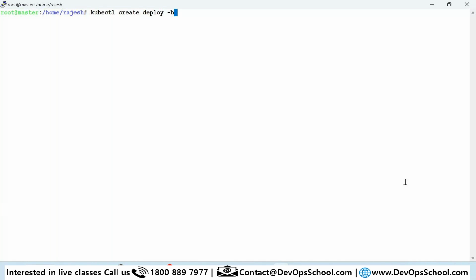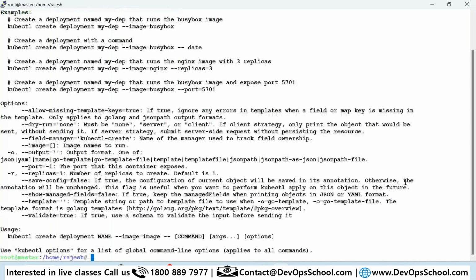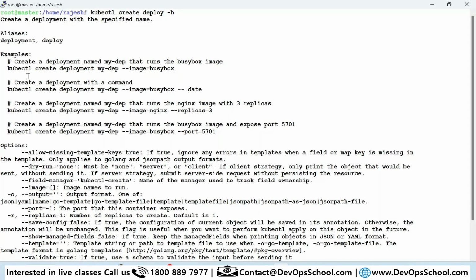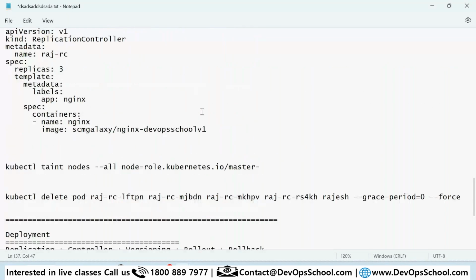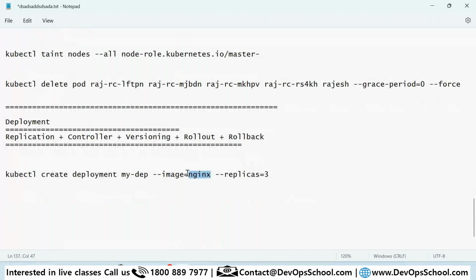You see that I did not know any of the commands, and I got so many examples. So how do we create a deployment? From which image? I'll use my image, which is here. How many replicas do you want? 3. So guys, how do I see that the deployment is there or not?